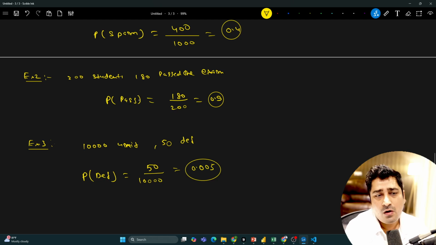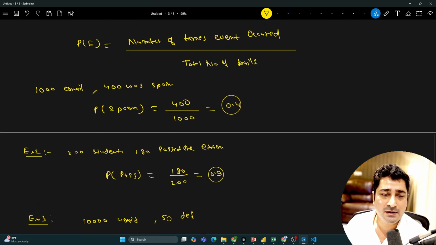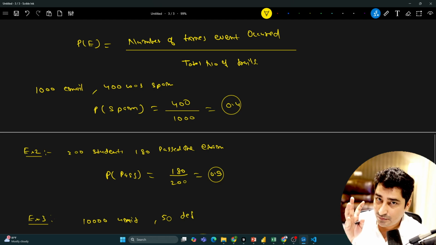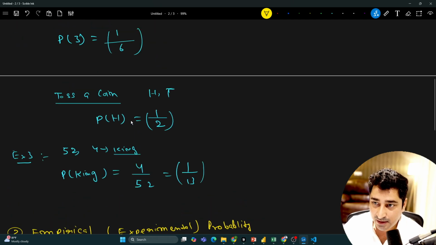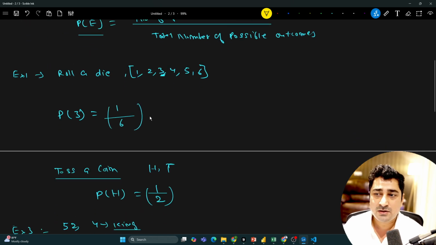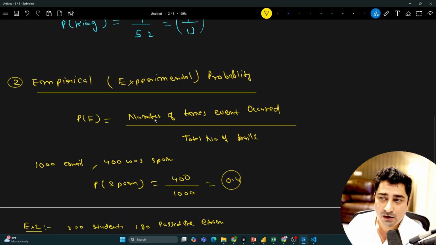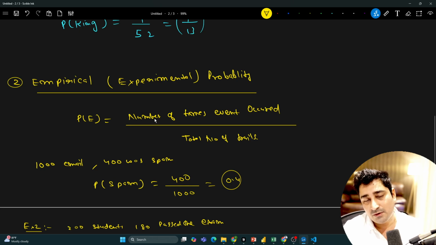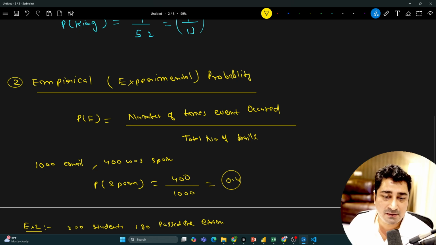So on all of those places, where you have done an experiment, where you have observed data which is already available. Now I'm coming to the differences between this empirical one and the classical one. In case of the classical one, we were aware of some of the events, and based on that we are trying to find out the probability. Now in case of an empirical one, we have some observed data, or we have an experiment, not just a theory, and based on that we are trying to do some sort of prediction, or find out some probability. That is what is called empirical, or experimental, probability.